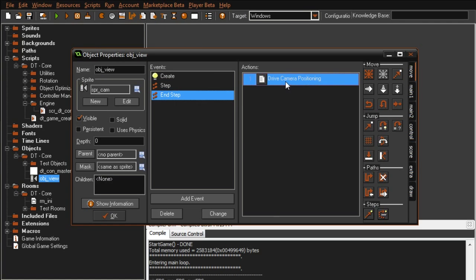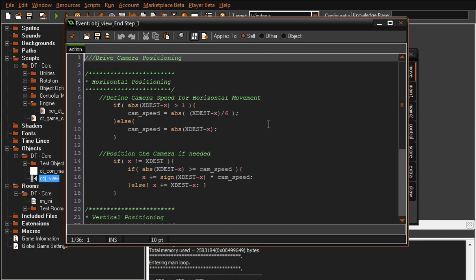Let's see, and then in the end step, we got the camera positioning system, which is a lot of fun logic. I'm sure there's a better way to do this, but this way seems to be working okay for me for now. So if the distance between destination X, the destination where it's supposed to be, versus where it is currently at, is greater than 1, then we set the cam speed to be its distance divided by 6. Basically, it's going to take 6 steps for it to get from one point to the other. Otherwise, we just make it the distance. And the reason why we do that is just so that,